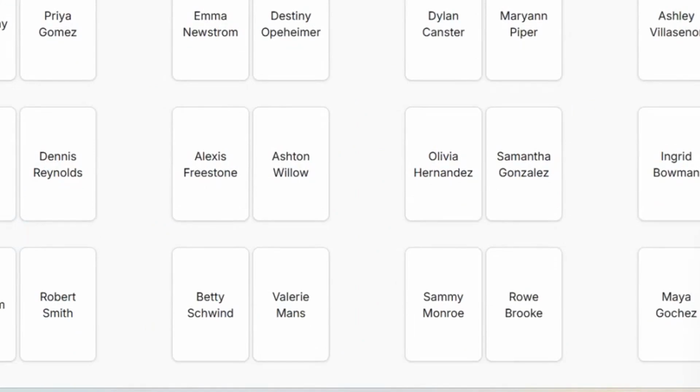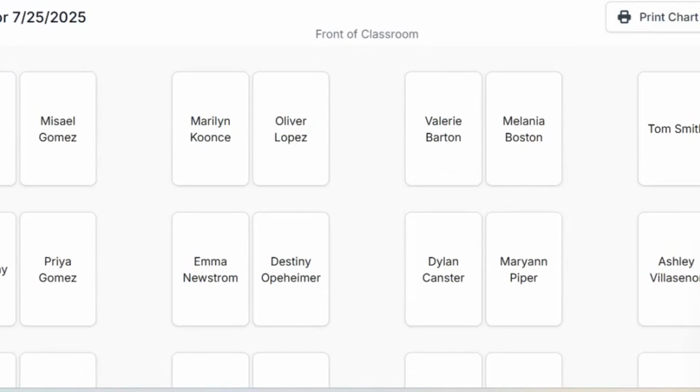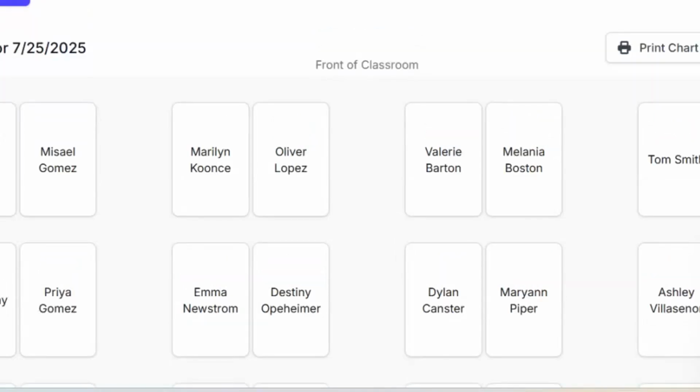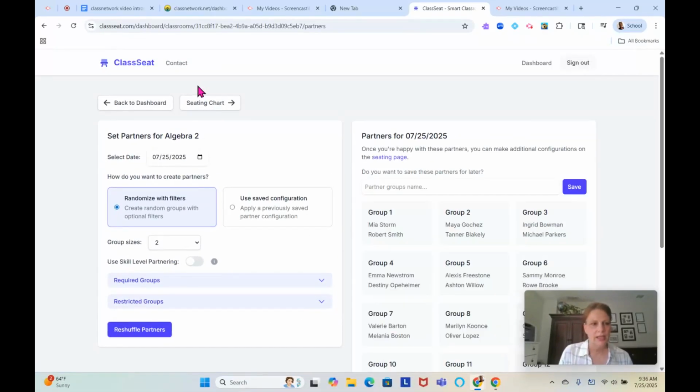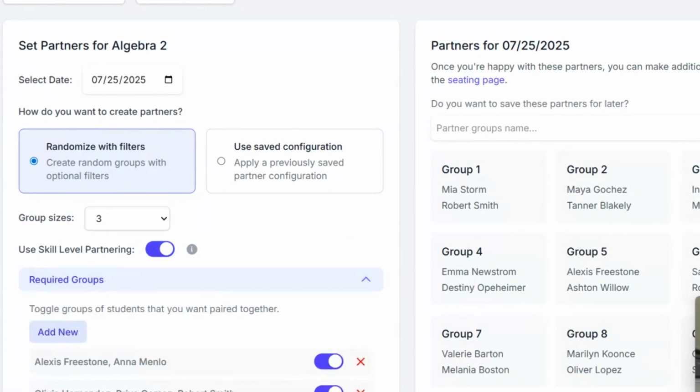If you wanted to change who they're partnered with, you would then need to go back to partners and make some changes and then create the seating chart again. So let's go back to partners, and let's say this time I want to do group sizes of 3. And I'm going to use skill level partnering. And this time